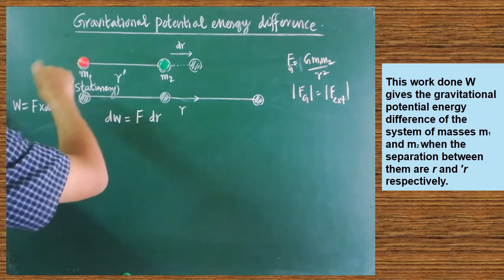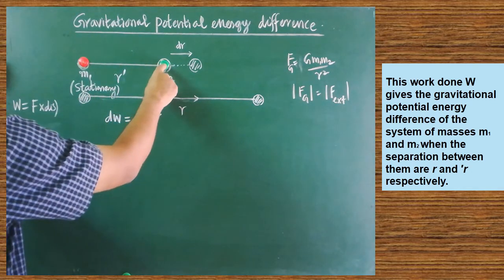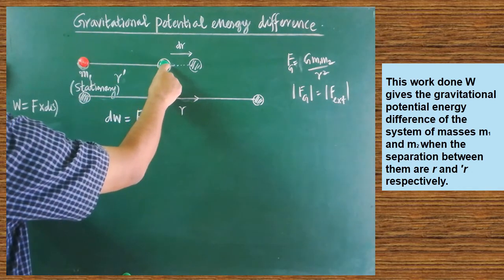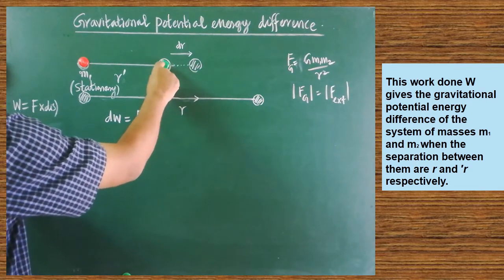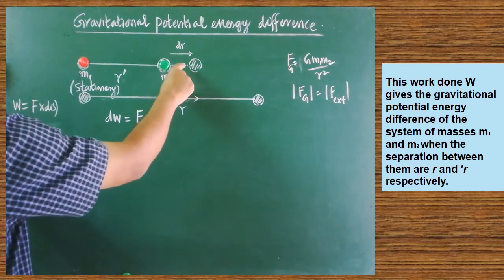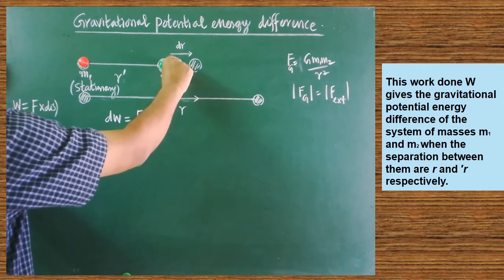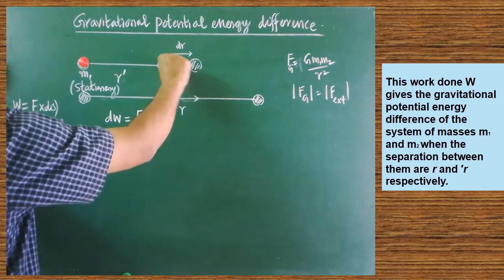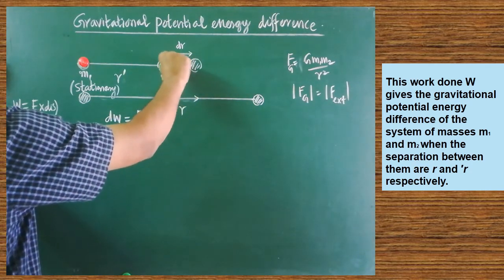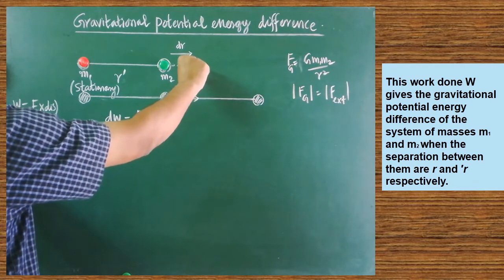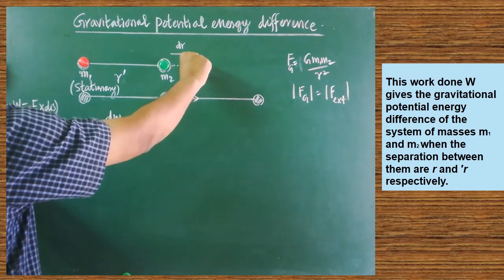So it's an attractive force. Here if you want to move m2 a little bit of distance, what do you have to do? You have to do some external work. If you do external work against the gravitational force, only then are we able to move it. So here we have to do the work externally. Are you clear? So the external force is required here.